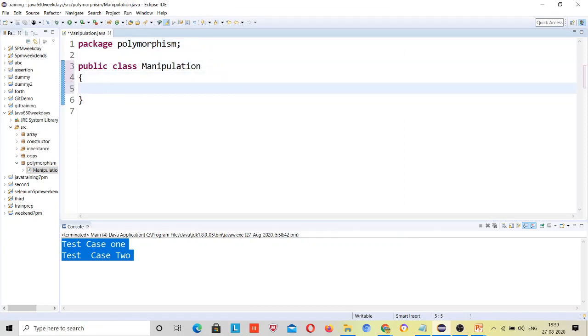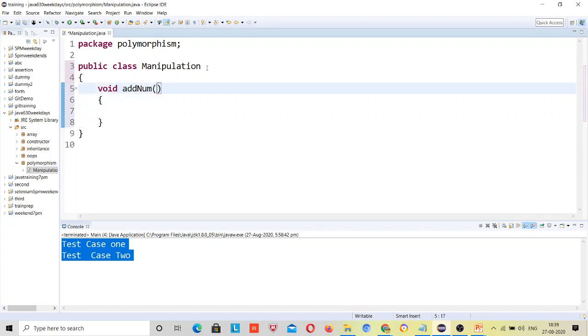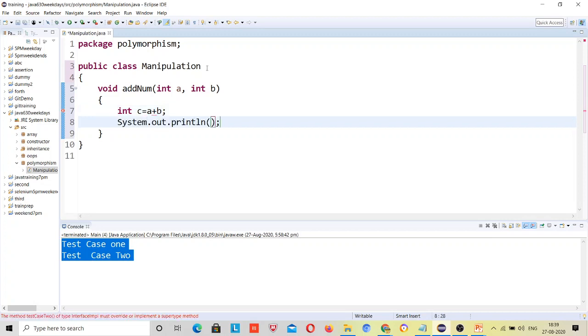This class has two methods, void add num, and in this method we have two arguments, int a comma int b, and c is equal to a plus b, and here we will perform the addition, which is plus c.